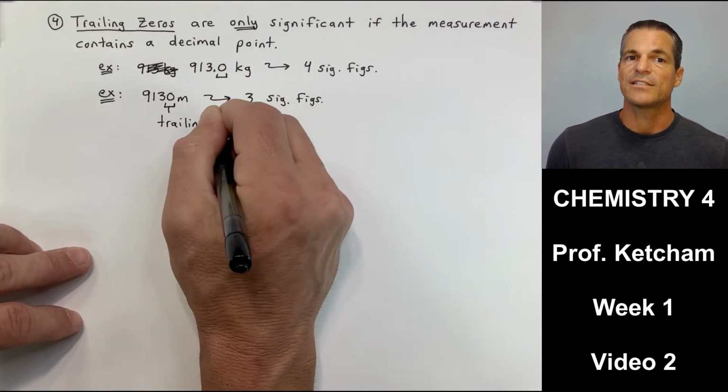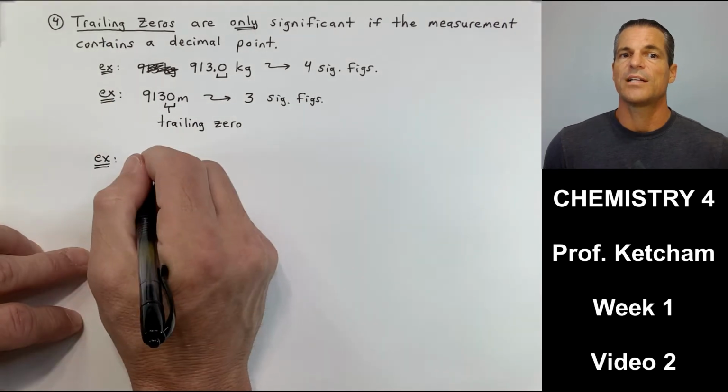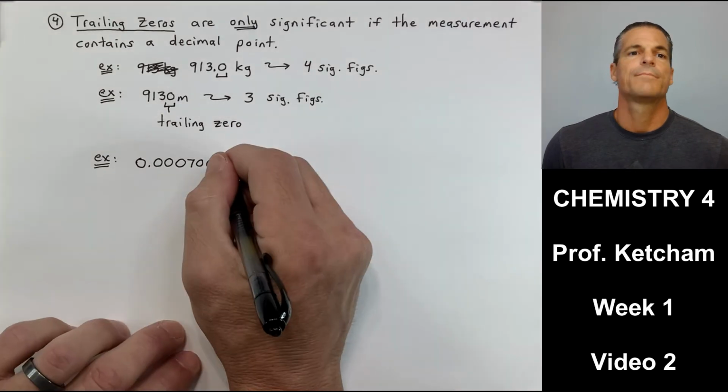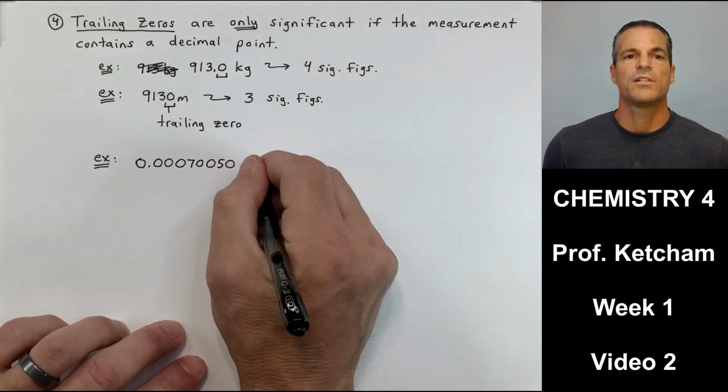9,130 meters. In the next example, 9,130 meters, that's a trailing zero, but there's no decimal point. 3 sig figs. Next example, example number 3,